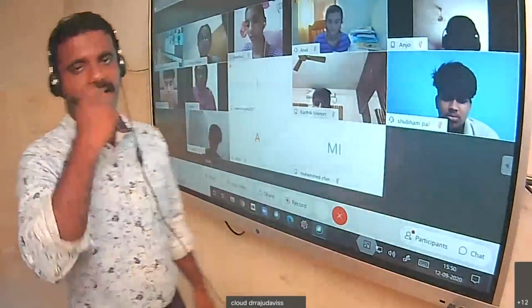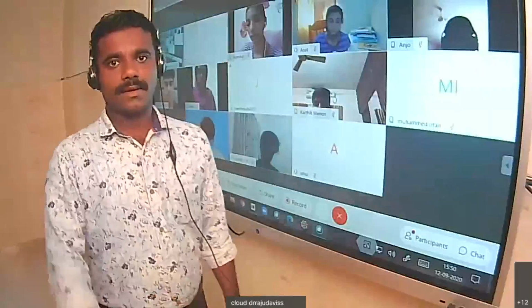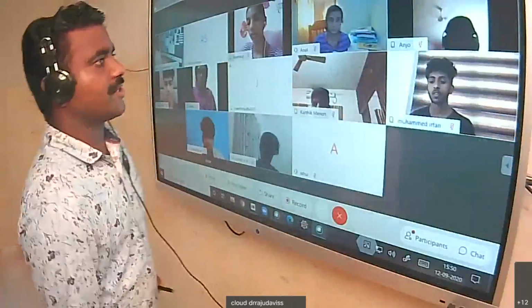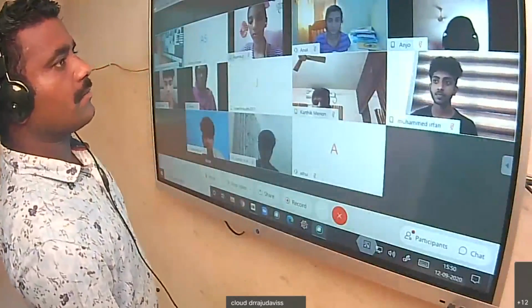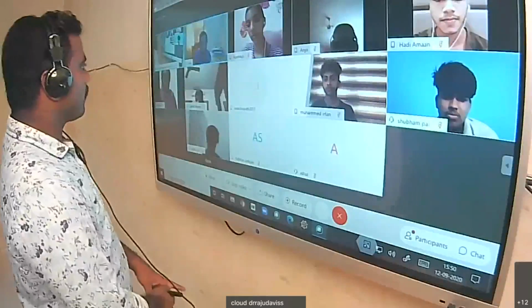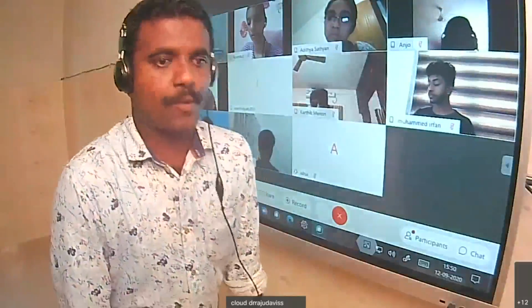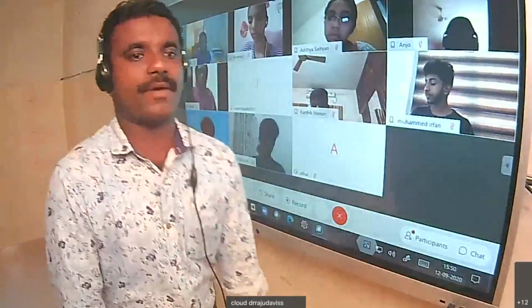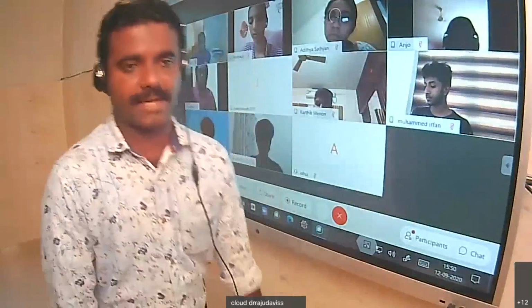Okay, then we studied the format. So what are the columns contained in the ledger? The date, particulars, JF. JF full form? Journal folio number. Journal folio number, date, particulars, then again JF, amount. Okay. Two sides, left hand side and the right hand side. So on both sides, date, particulars, JF, journal folio number, which is the page number of the journal.